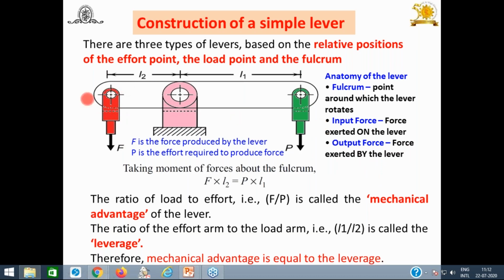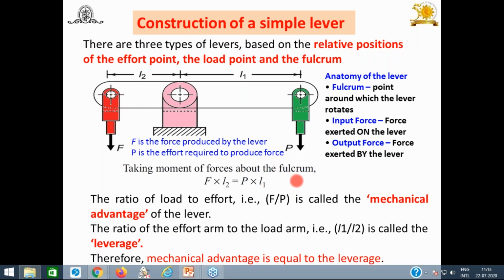Try to understand. This is the construction of a simple lever, and you should know the position and how, while designing it, the important thing is the input, as an effort, which is required to produce the amount of force required to have the movement of that mechanism or system. As per the application, we are going to say it's a load force, or F.